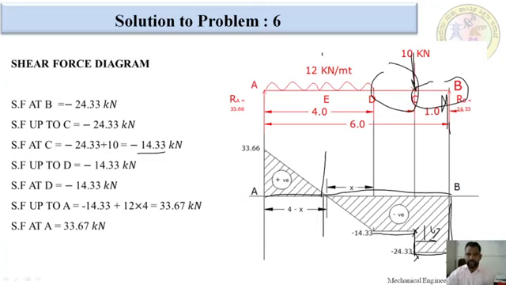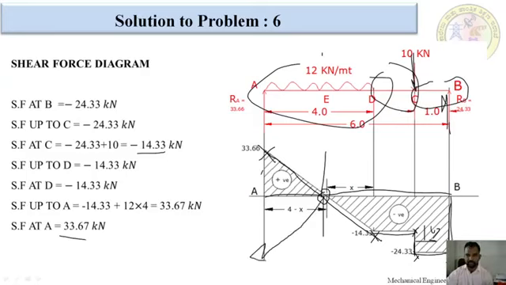Before going to this UDL value, first we have to know how much we got at A point. At A point we got 33.67. First we have to mark it positive 35 above the baseline. This is the left line, this is the front line. Both we have to join with an inclined line like this. This point we already discussed in a previous problem. Whenever the sign changes from negative to positive in the shear force diagram, this point we call the maximum bending moment. This point I have taken as E point. Up to here we have done.